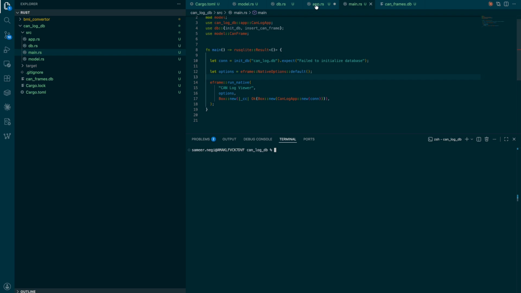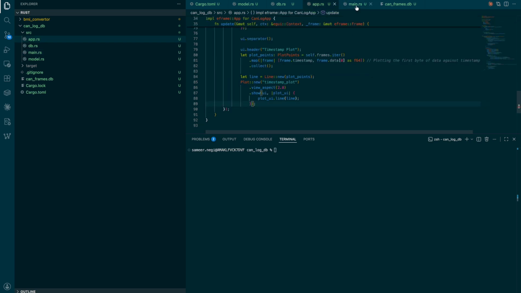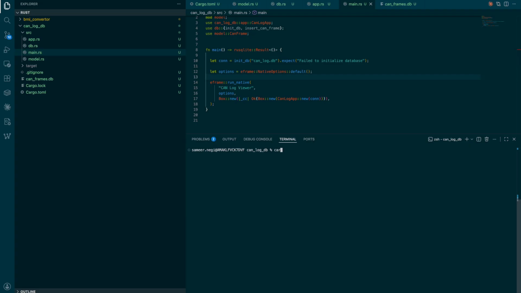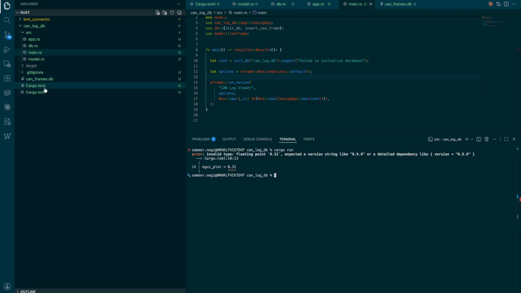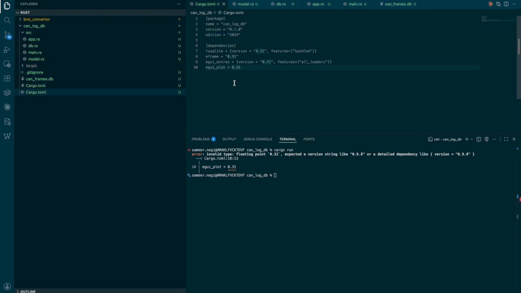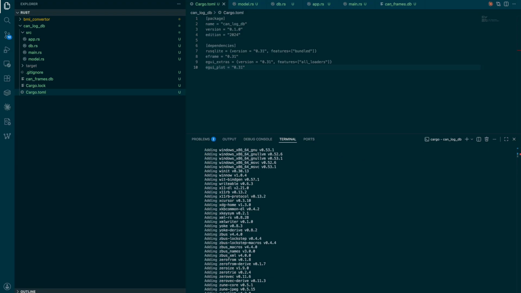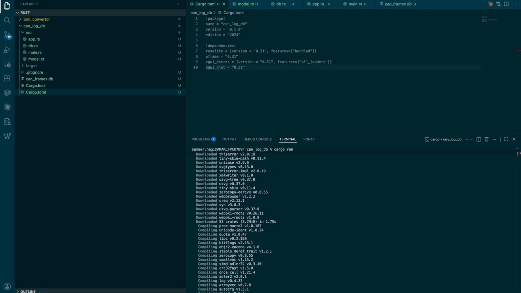So we are using 0.31, so please make sure you use the same version, otherwise you can have errors. So let me do cargo run. It says egui plot Cargo.toml is error. Yes, because I haven't written them in my double inverted commas. Let me save it and run again. It's going to extract everything it needs to, and it might take some time, but before,